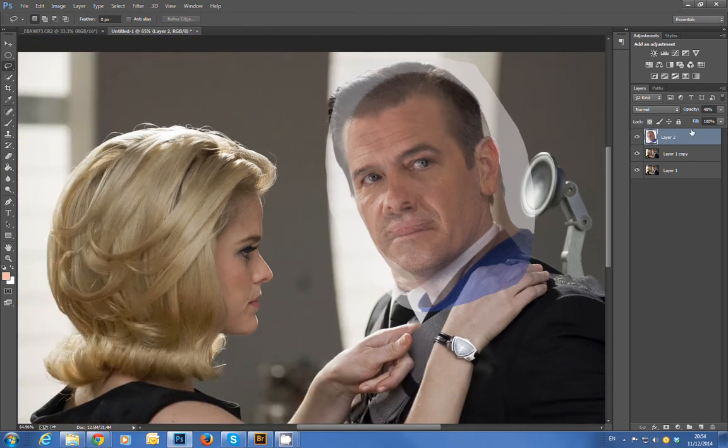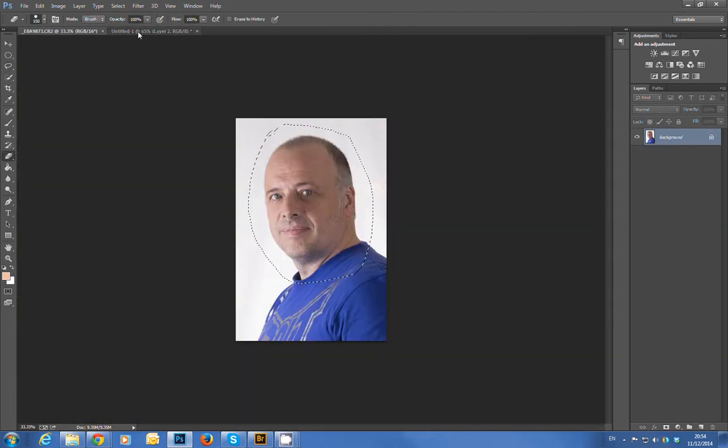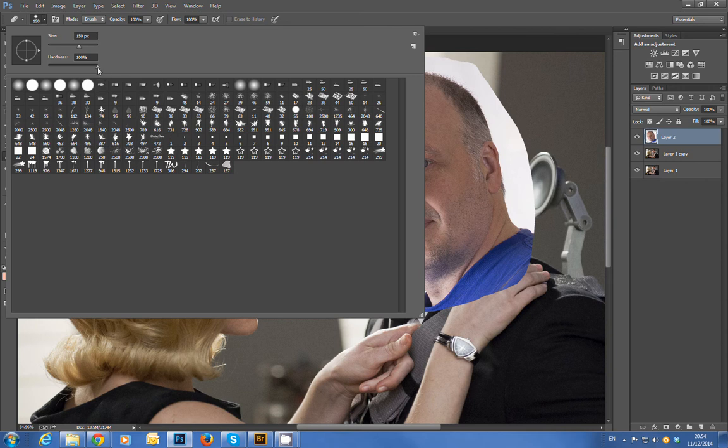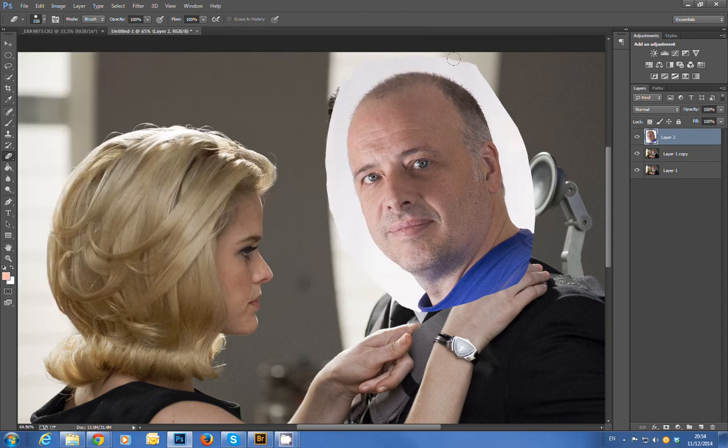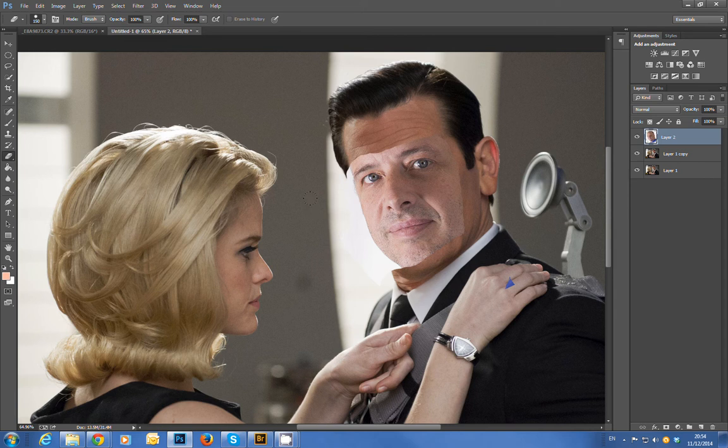So now if I bring back up the opacity, see where I am, and I'll use the eraser tool. Now use the eraser tool with the hardest setting up to 100%. You want to make a very clean cut of this, so we'll just take out everything we don't need here. We'll leave in his collar, and I'll take his forehead. It's roughly the same as mine anyway, and he's got a fine head of hair compared to me, but anyway. Down along here. Okay,